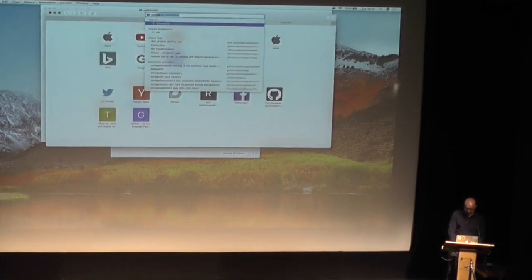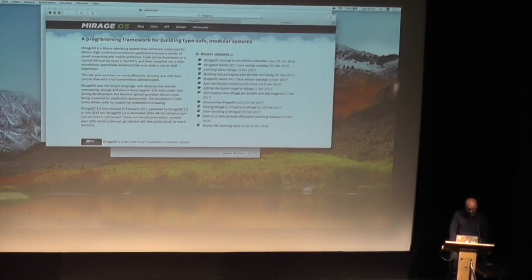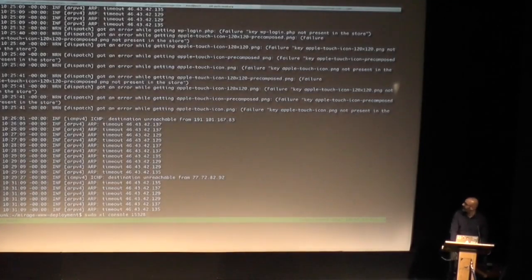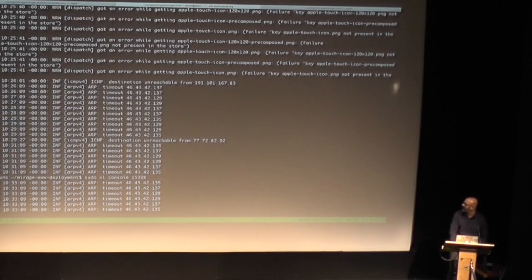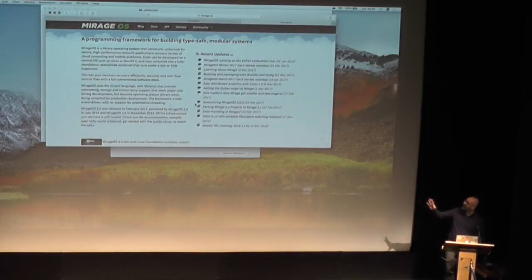From the outside world, I can just go to mirage.io, and whenever you access that, it's being very slow because I'm connected by eduroam, which might not be working. So whenever we connect to that, you can actually see the connection coming through there. So everything from our connection to there is being handled by OCaml code all the way down through the stack, and is written in the style of building as a unikernel.